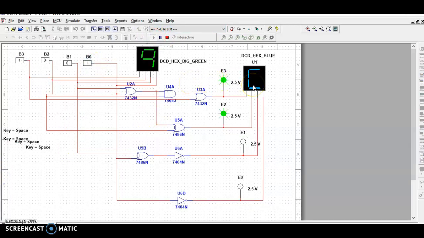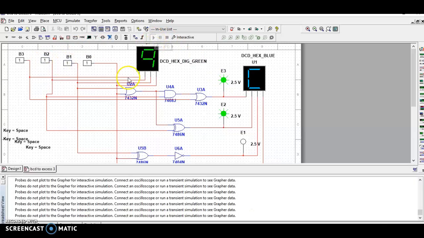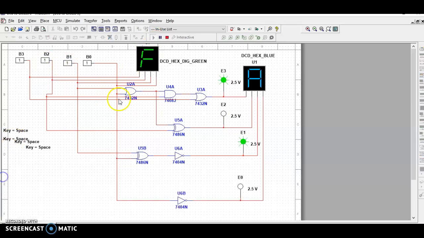This is in hexadecimal form of 12. Suppose I give an input value of 15. 15 is F, this is in hexadecimal form. Here some output came, but it is actually invalid because it is a don't care function. This is all about BCD to XS3 code.